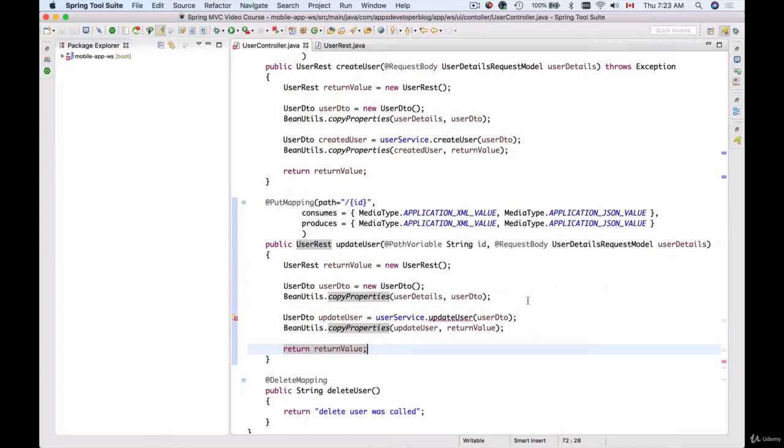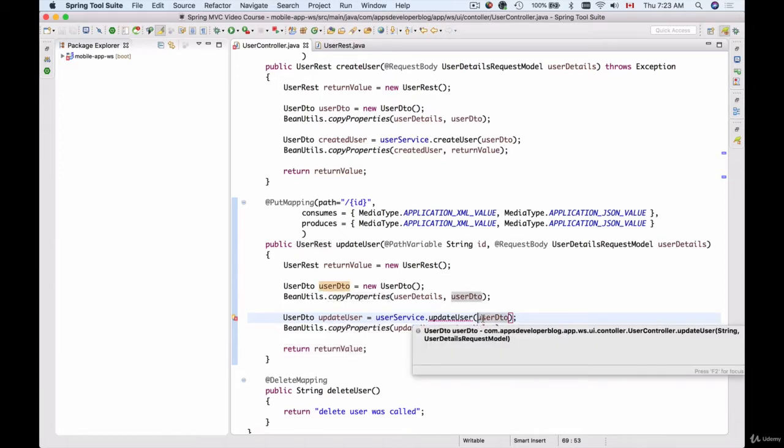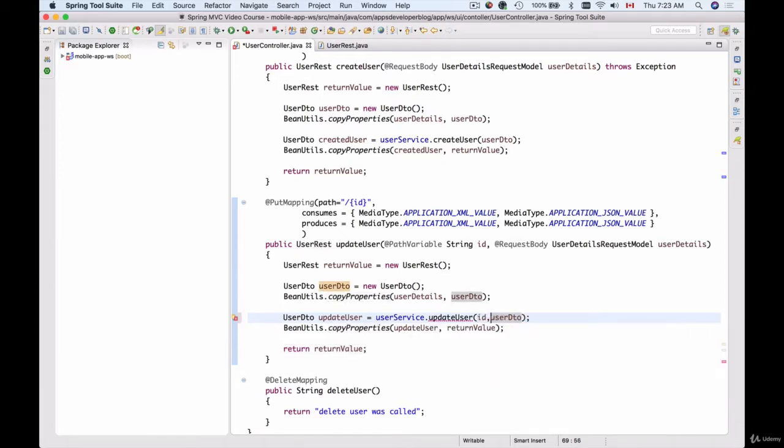In this video, we're going to go into our user service interface and implementation, and we're going to create an update user details method that will take in the user details that we need to update, and actually it needs to also take user ID. So we'll need to include one more method parameter here that's going to be an ID. We're going to update a user with this ID, and we're going to use this user details in the update